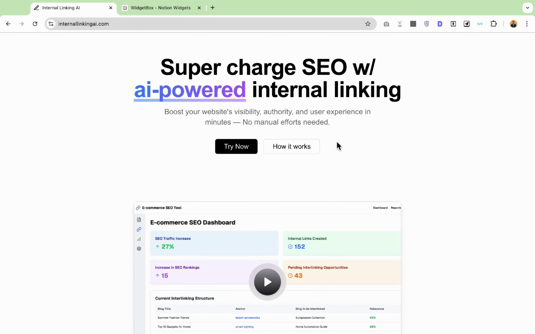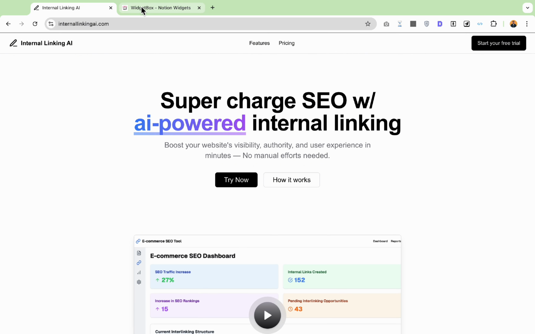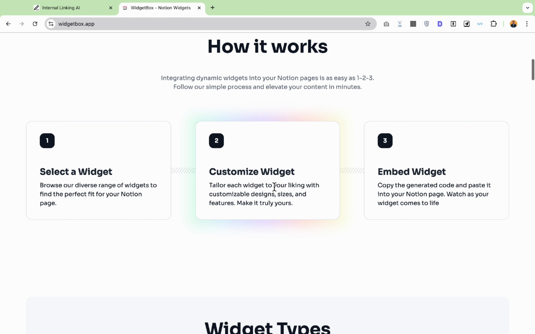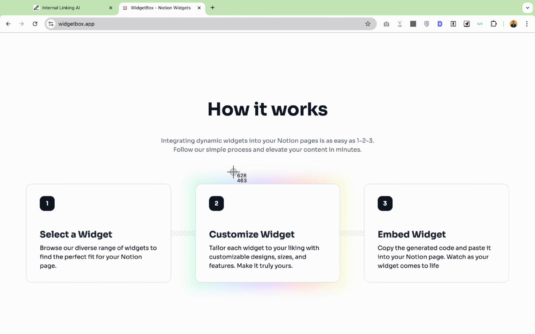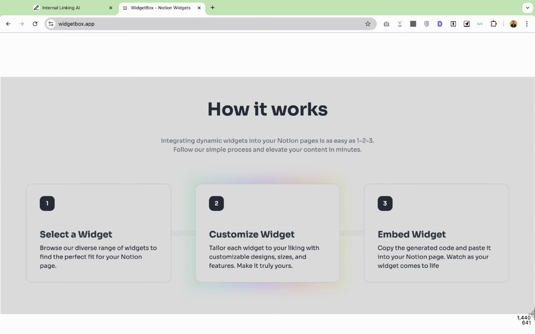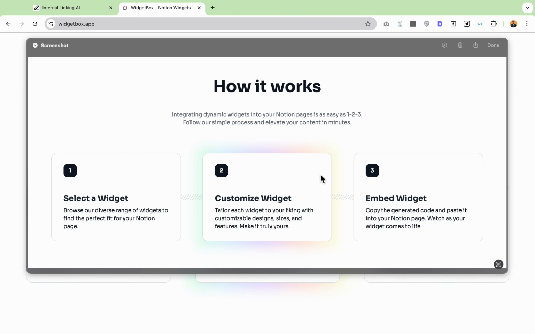I recently created this website for my SaaS and I wanted to add an element to explain the workings. Then I went through a website for finding inspiration and found an element that perfectly fit my need. It had a clean and subtle look and perfectly fitted the rest of my website. I took a screenshot of that element,